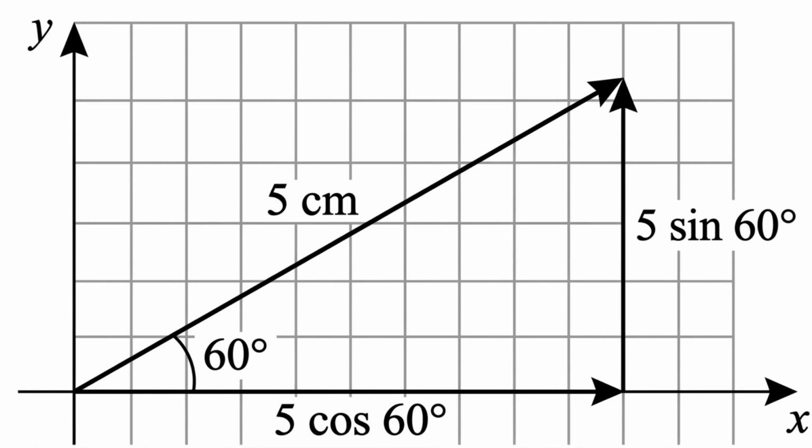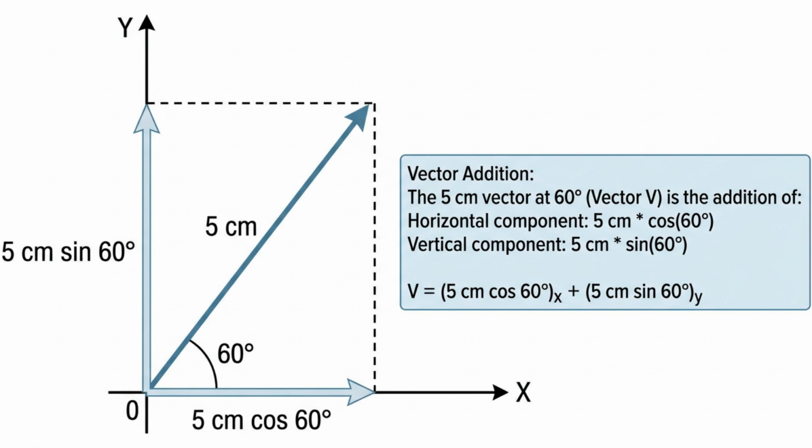Now the standard angle by trigonometry, if I have the hypotenuse as 5 centimeters, then the base would be 5 cos 60 and the height would be 5 sin 60. Because cos 60 is base by hypotenuse, sin 60 is perpendicular by hypotenuse. So once you multiply the hypotenuse with each, we get it.